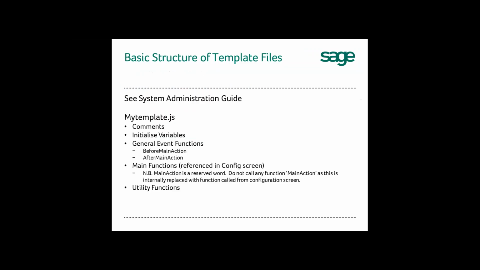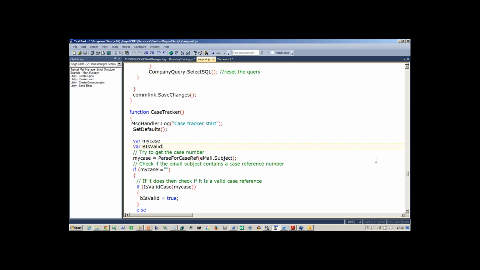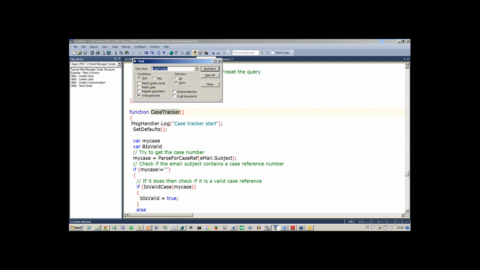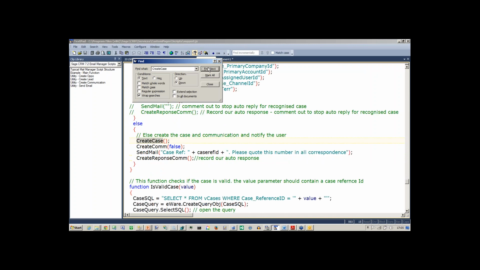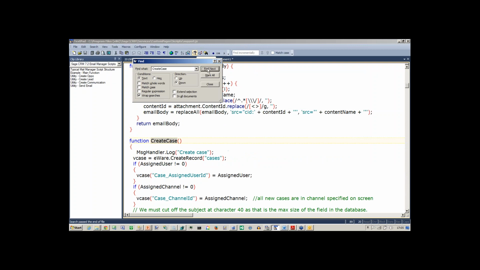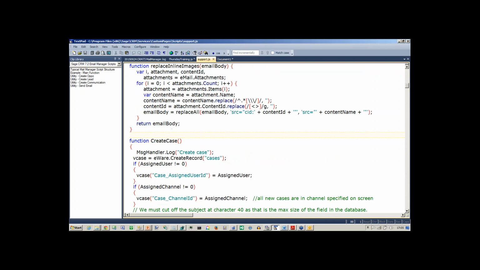This is reflected in the fact that within your template you can have not just case tracker, but we could have in here create case. You can have a function, which is essentially another top level